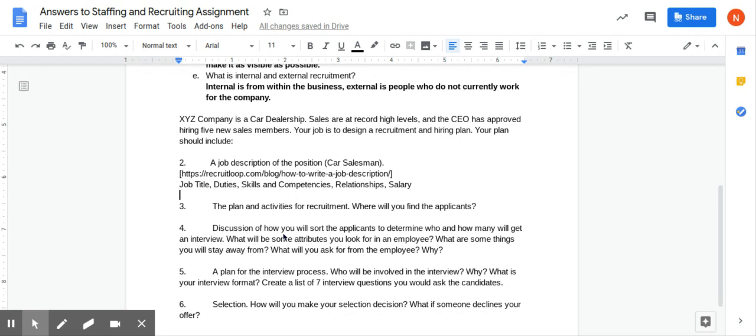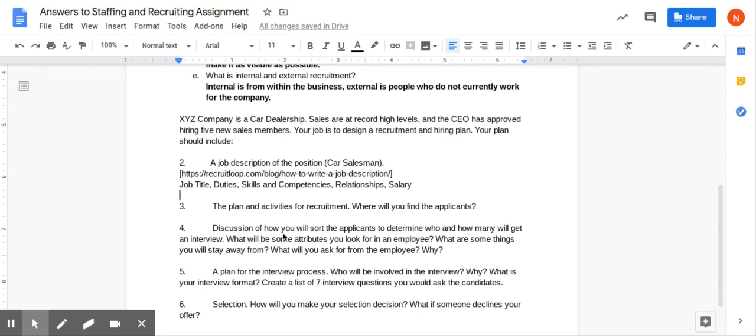Things you might want to stay away from are people that say they might not have good communication skills, or might not be good at math. You might want to go with people with higher education levels because you're going to be asking them to do math and talk about things with them. You're probably going to want someone that has a driver's license, things like that. So that would all be in there. A plan, it's a lot of just common sense things that you would want to list for an applicant so that you can weed out people that aren't going to be good for your company.